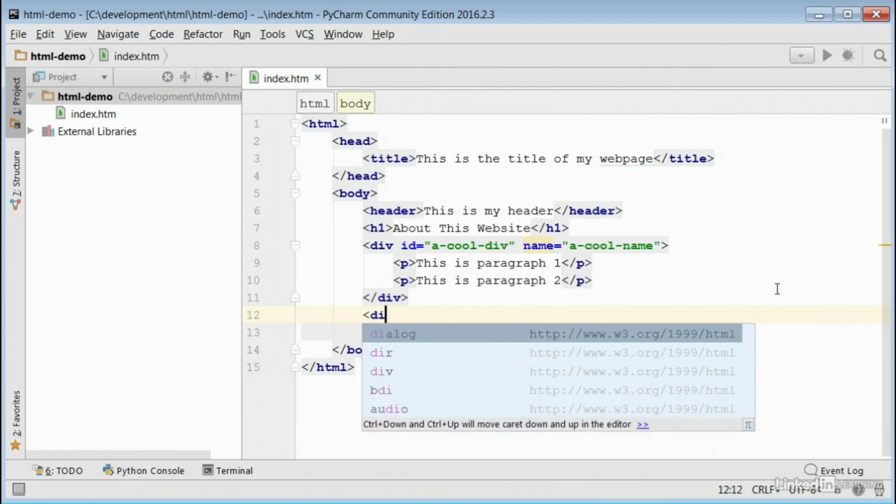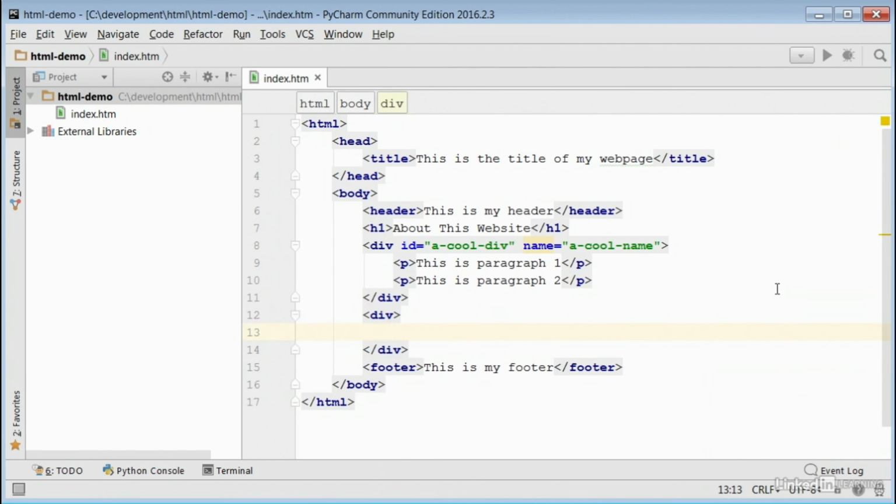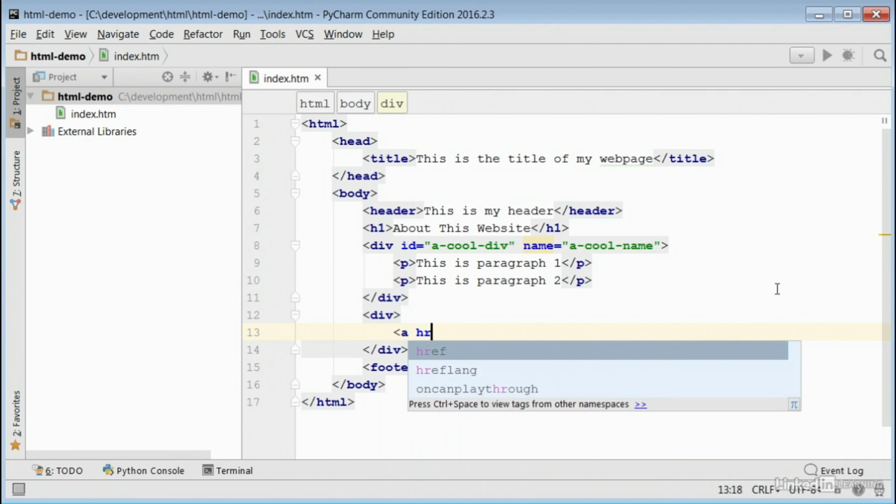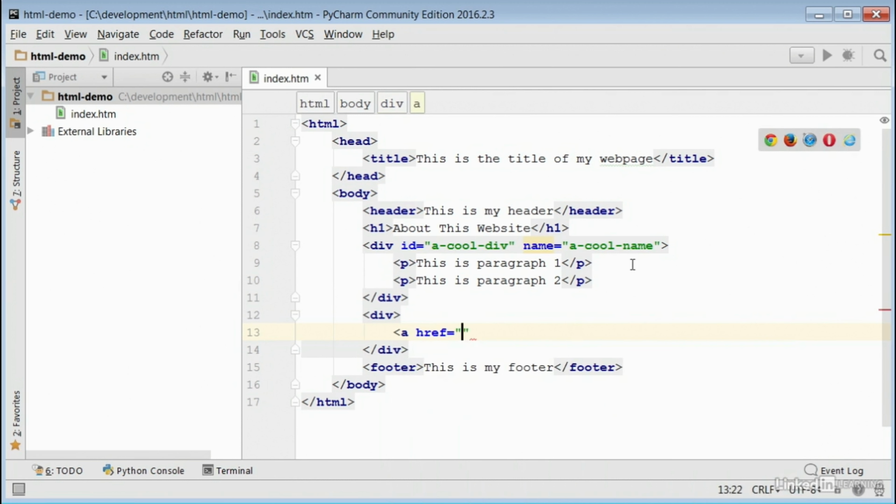I'll add one more div here, and I'll say that another very common tag to use is what's called the A tag. And this is actually a hyperlink. So if I type in A and I start typing HR, you can see that href is an attribute we can use. And if I double click on that, I can put a URL value in there. And then when I close off the opening of this tag, you can see that the closing tag jumps in, which gives me an opportunity to type something here that represents what the user will see for this link. I'll just type in